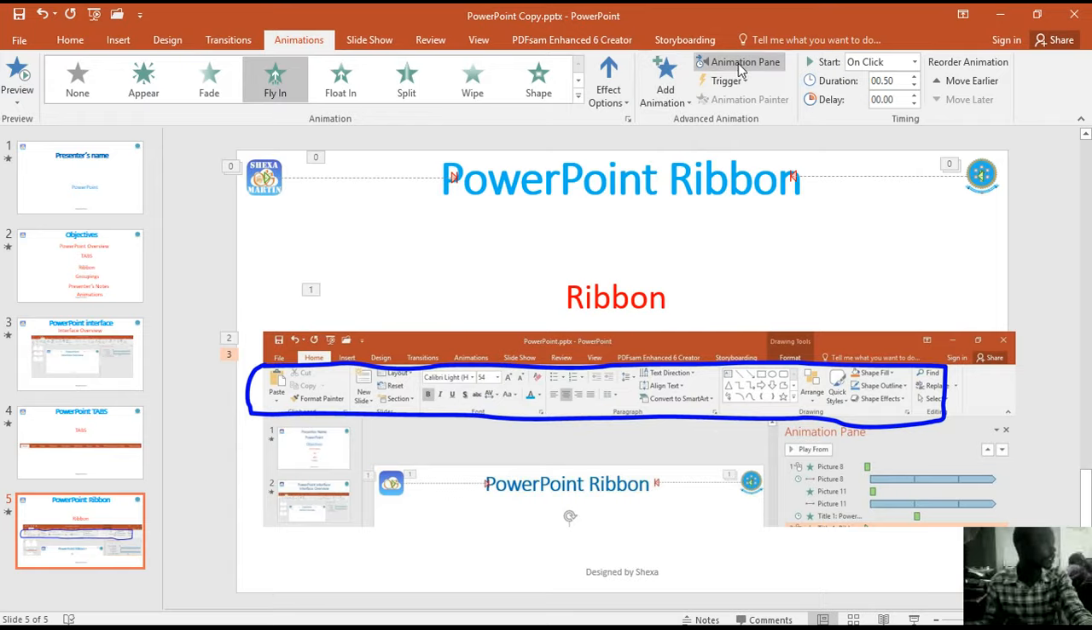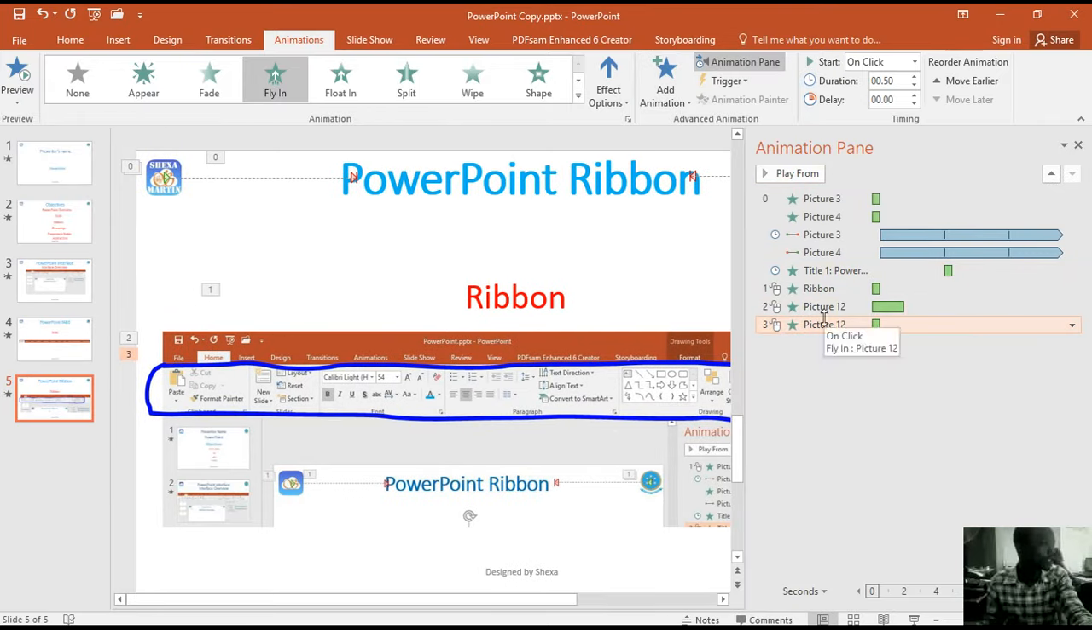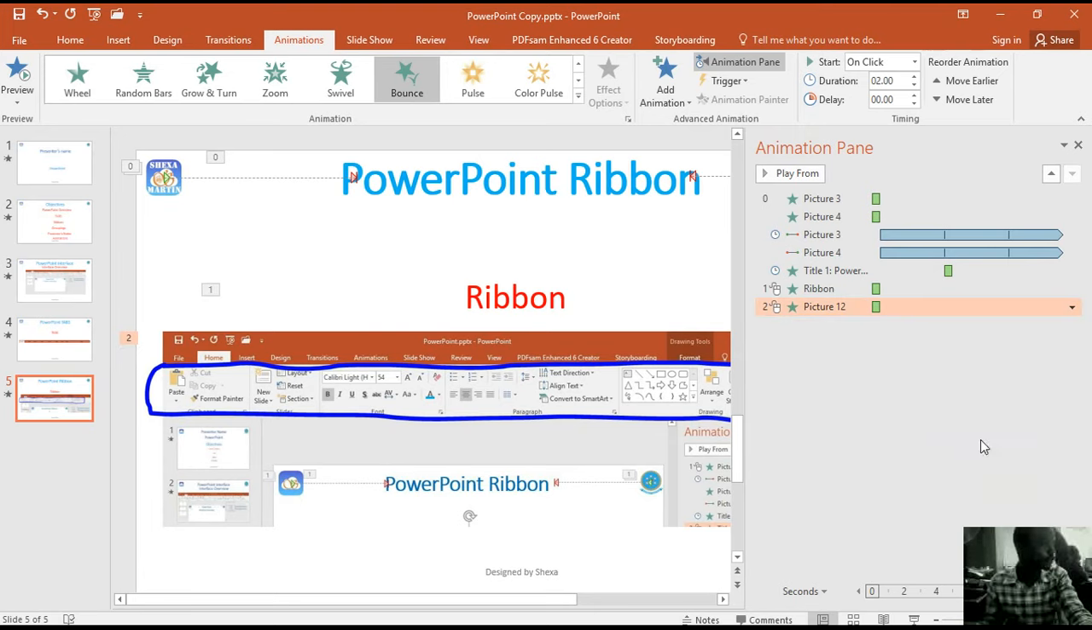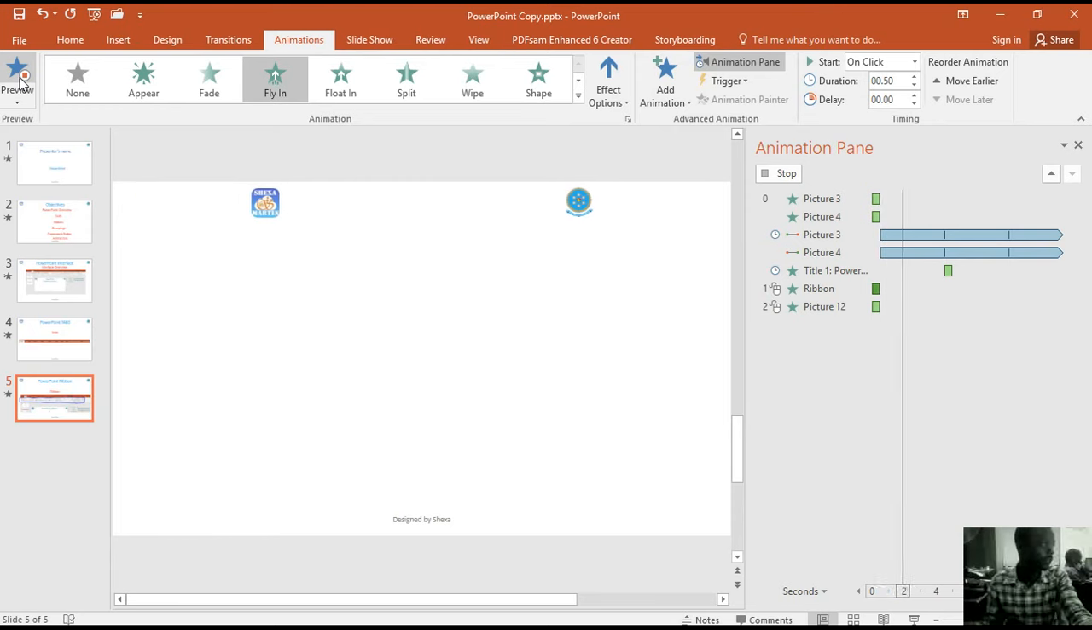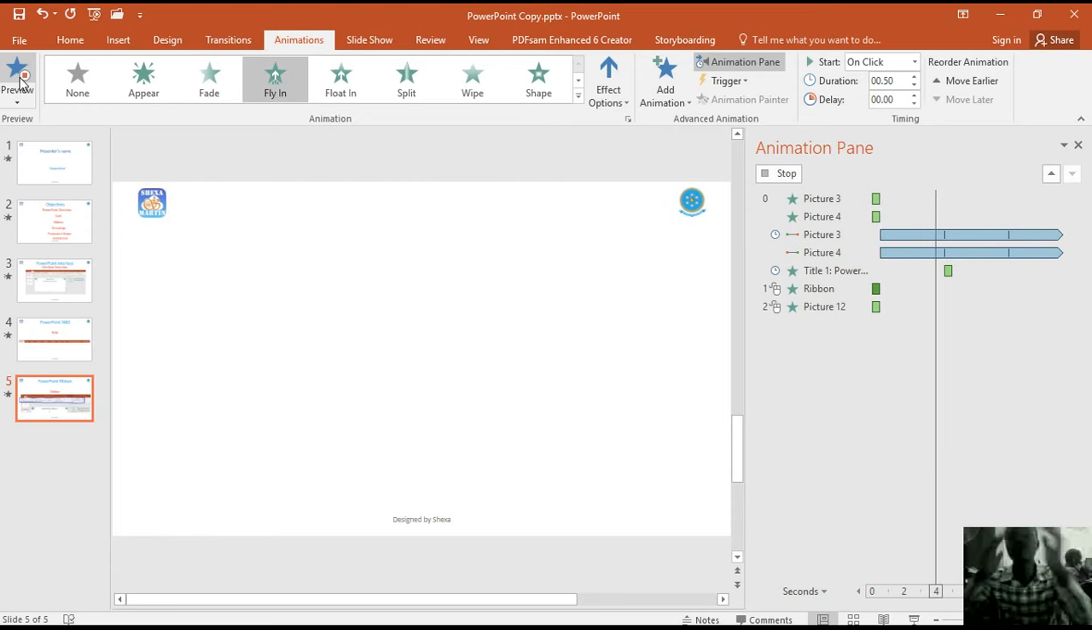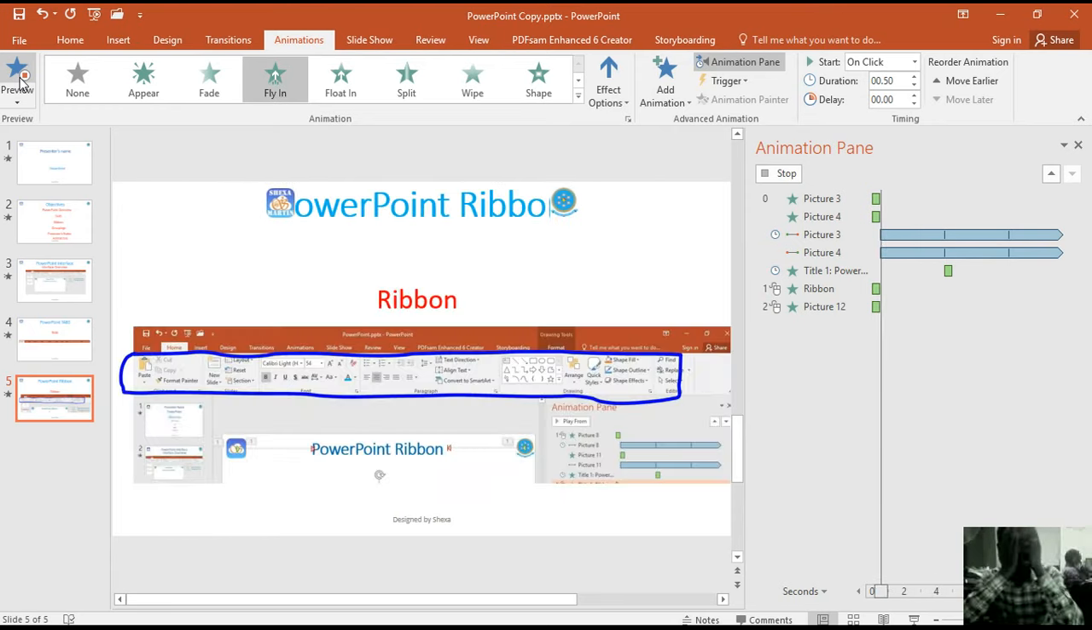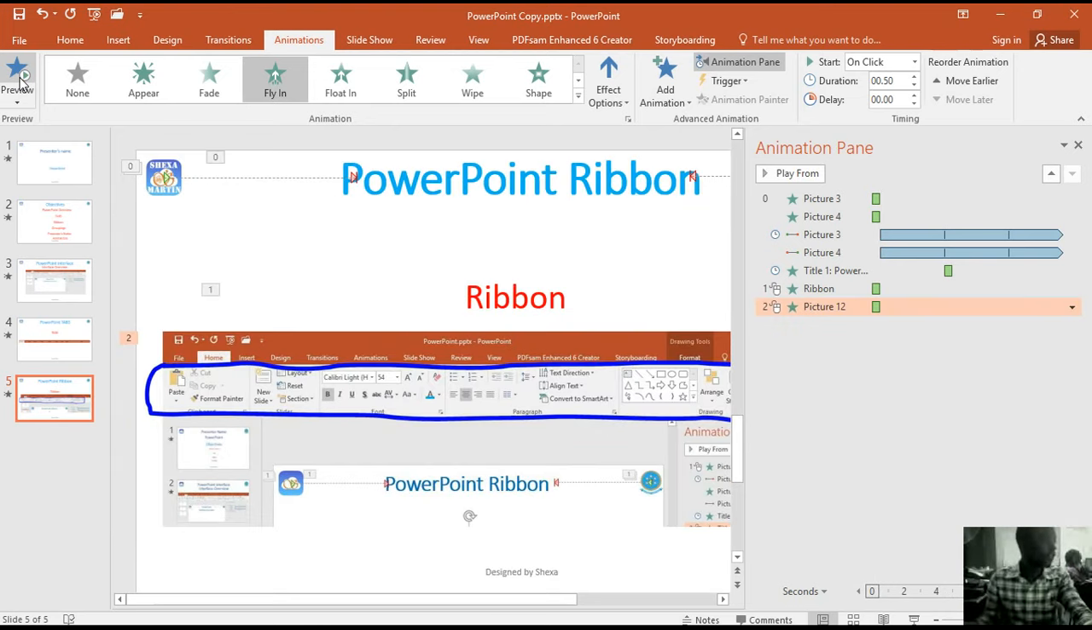So let's open the animation pane and delete one of these. This is the one that we do not want. Remove it. Let's preview again. It must fly in. Right, so that's how it flies in. So the ribbon, we are done. What's next? From ribbon we have